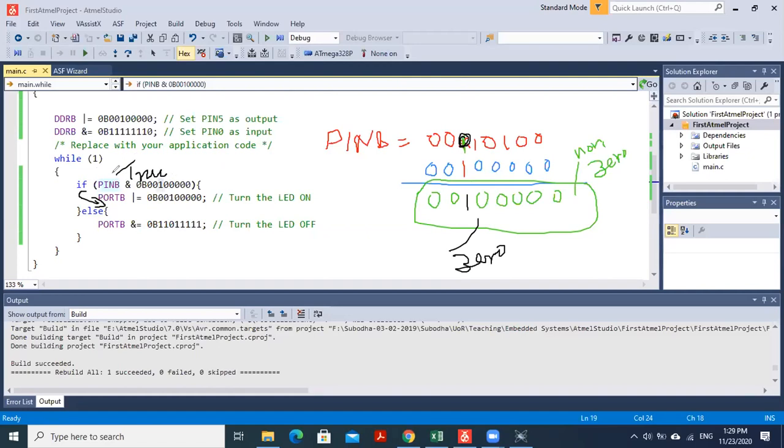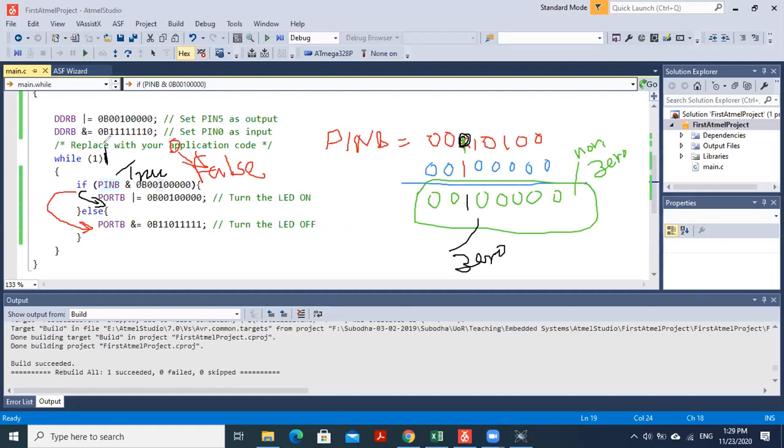And if it is low, or if pin 5 is 0, then this value will be 0. If that value is 0, then it will jump onto here, right? The logical value will be 0, false, right? So 0 will correspond to false, and it will jump into this one, and this will turn off the LED, right?